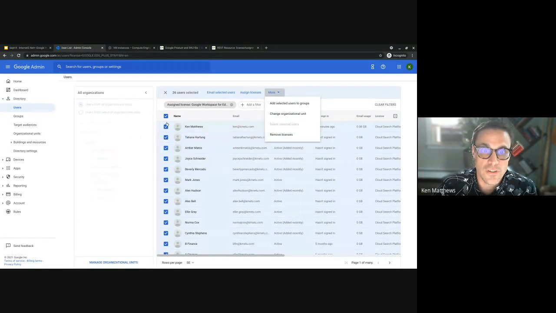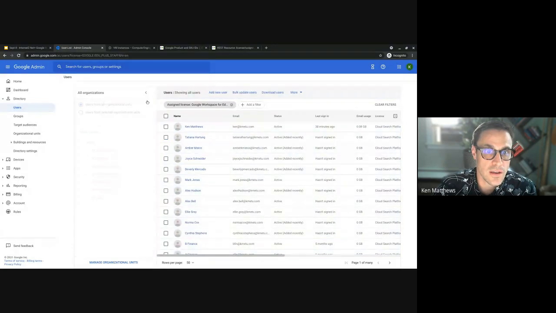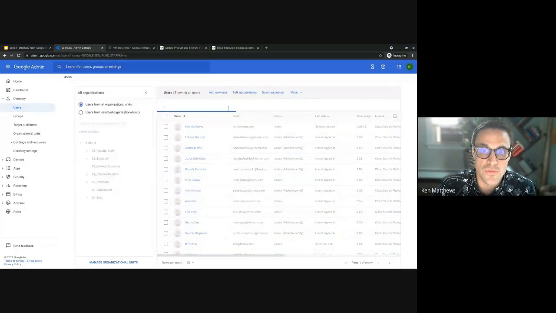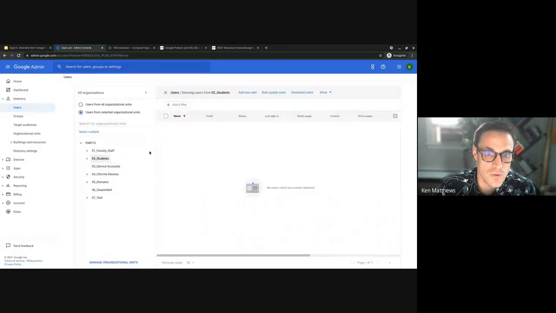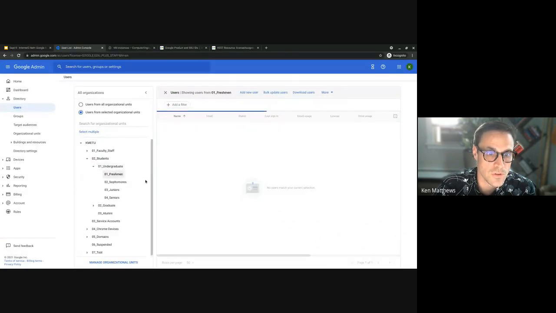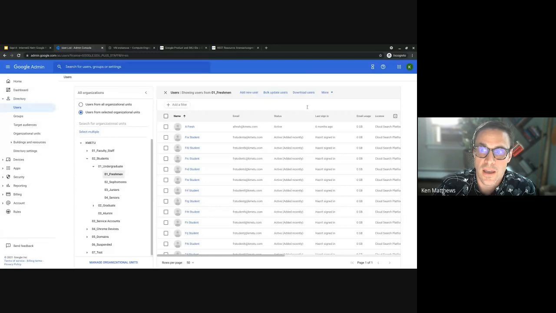The other thing to note is I can also go in here and remove this filter, and select showing all users here. I can choose to select a particular OU, for instance. Let's go down into my undergraduate level, go a little bit further and say maybe all of my freshmen. And I can choose to select all of these users, or again, any individual users that I choose, and then